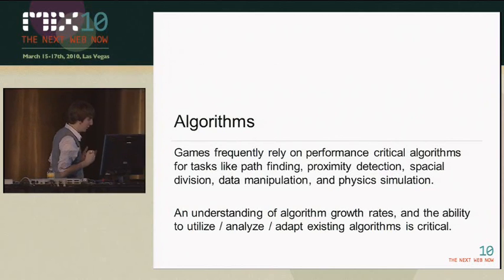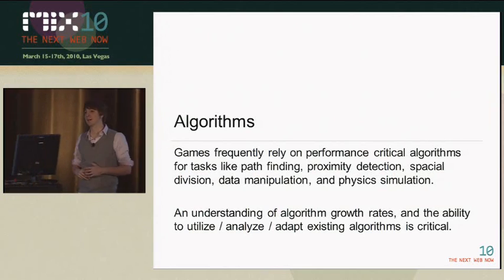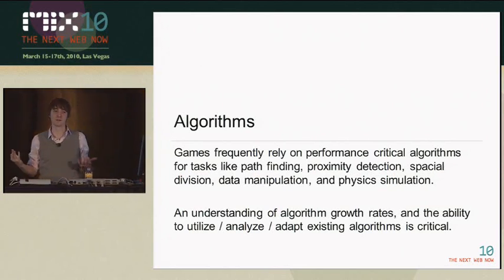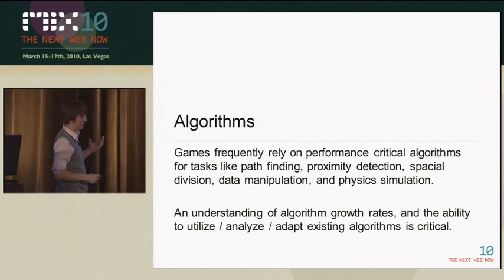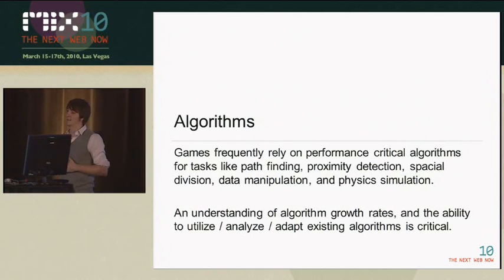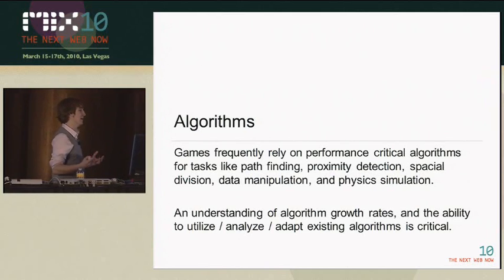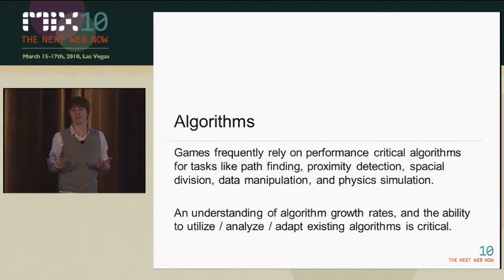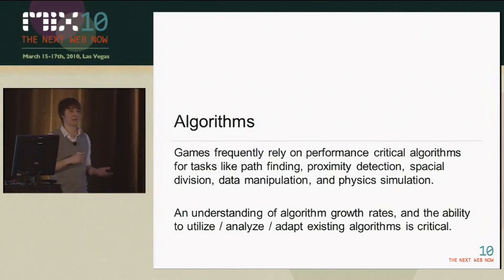Algorithms. So a lot of game development is about finding the right algorithms. A lot of the common tasks, things like pathfinding, we have tons of options in pathfinding. There's algorithms like A*. A* gives you perfect pathfinding results, right? It'll always give you the best path, and it has a lot of great options around weighting areas of the map and things like that. But it also grows in an exponential fashion. It's very expensive to run on large maps, and it doesn't give particularly good results if it doesn't find a